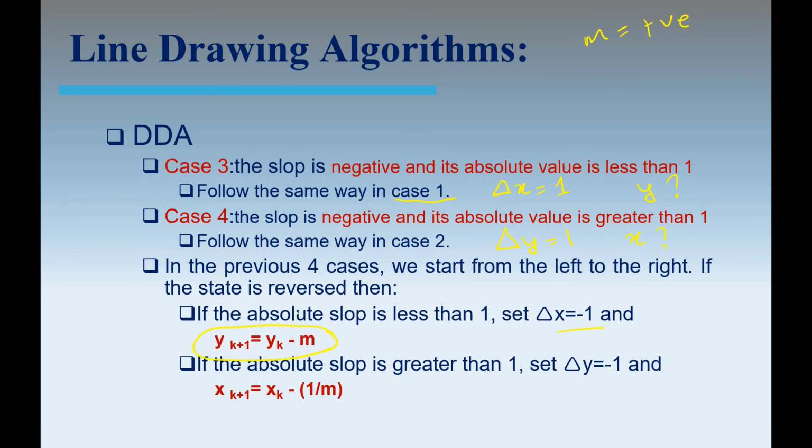In this particular value, we change the plus to minus. Here, if the absolute slope is greater than 1, set delta y equal to minus 1 and x of k plus 1 equal to x of k minus 1 by m. Alright, so these are the 4 cases of